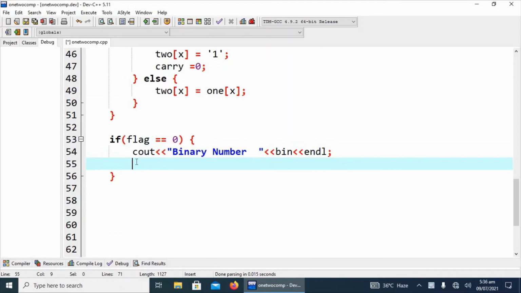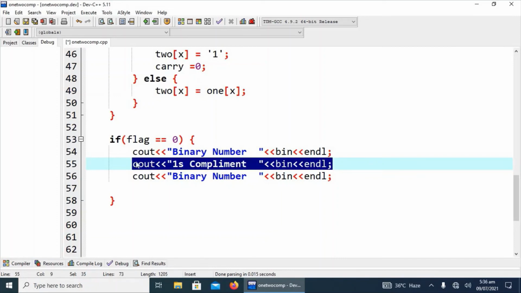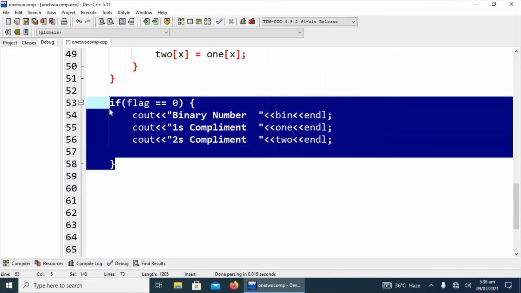Similarly, we will print the ones complement, and similarly we will print the twos complement. Okay, this is the final code for output.